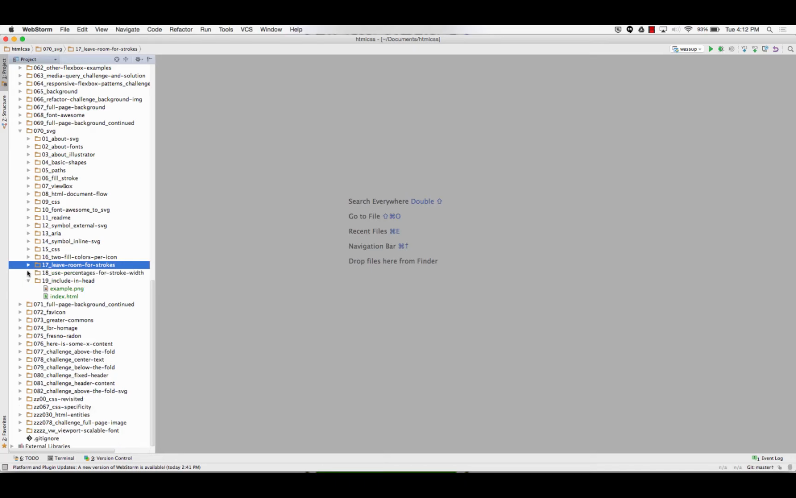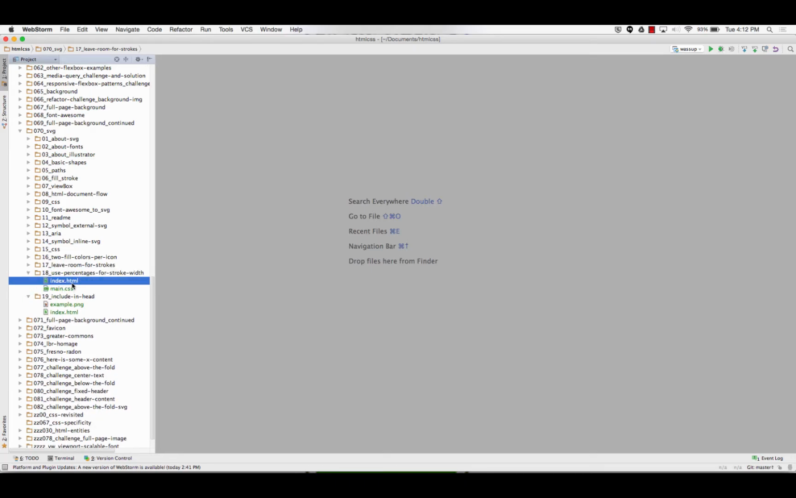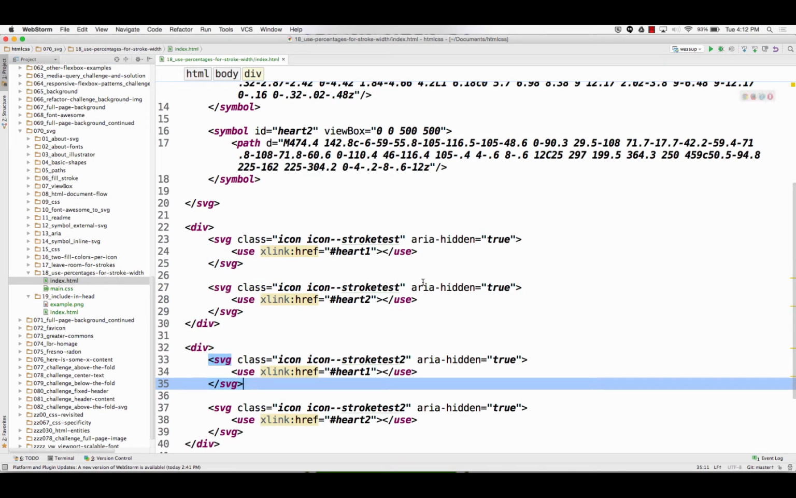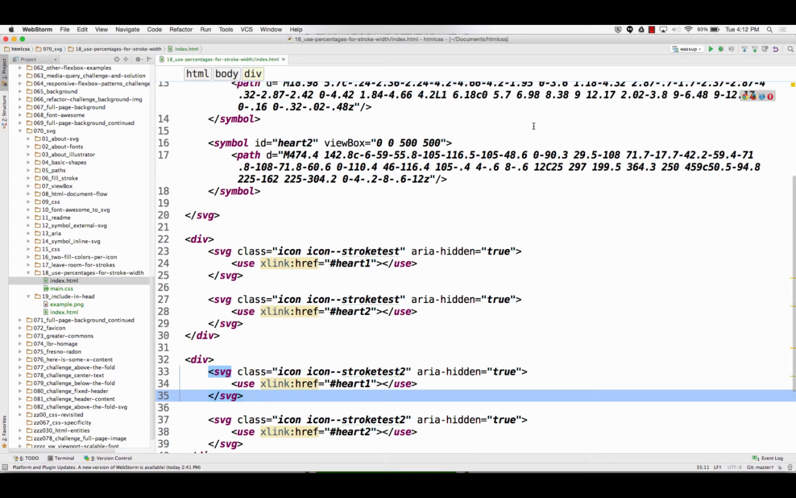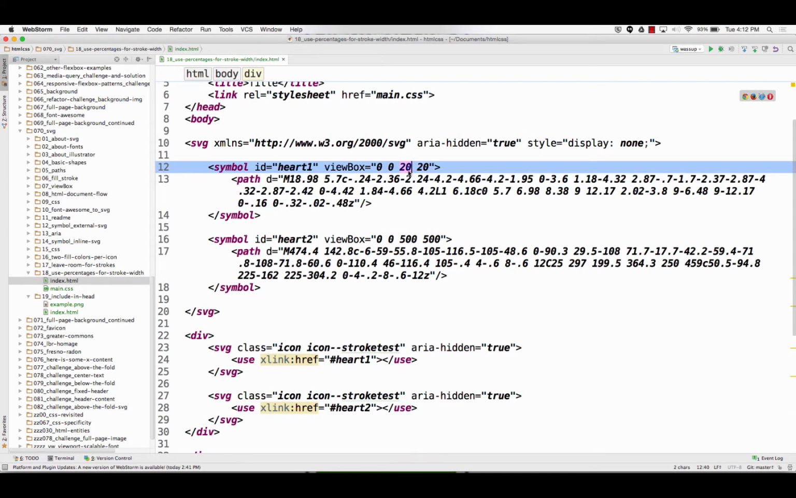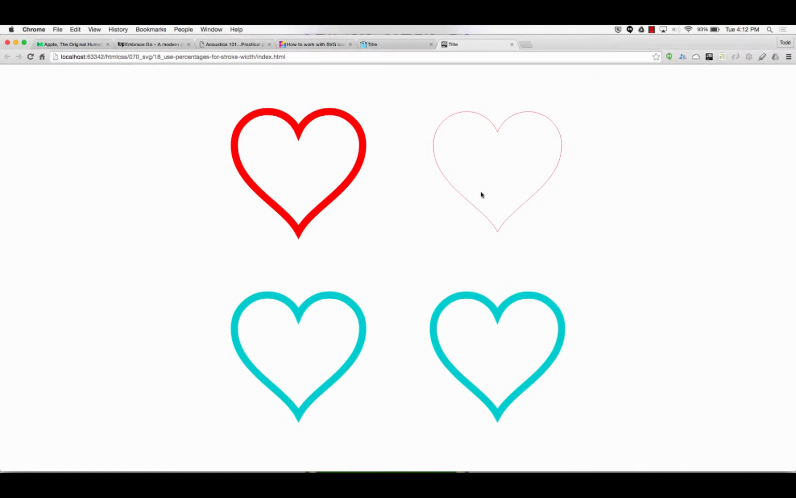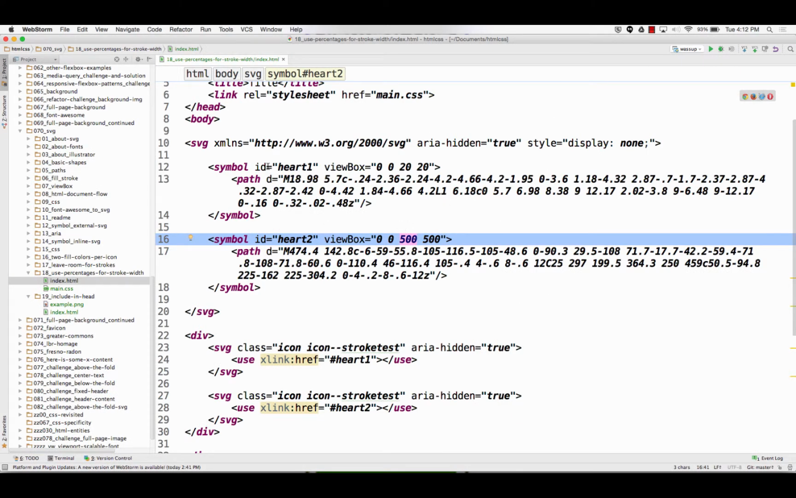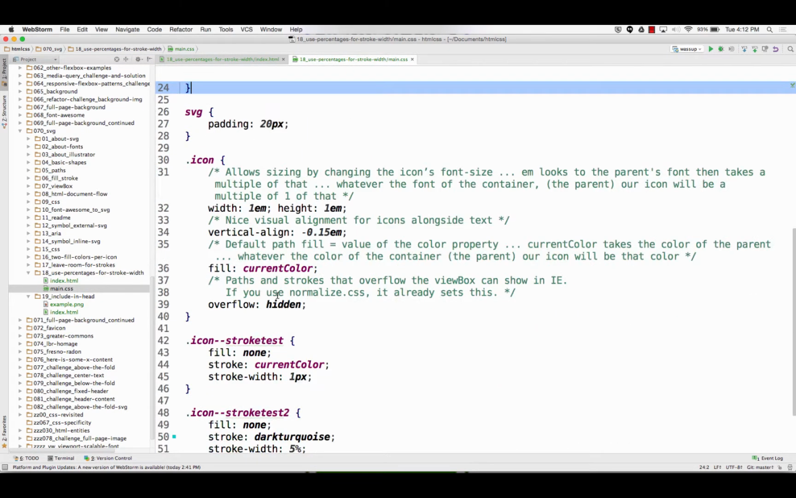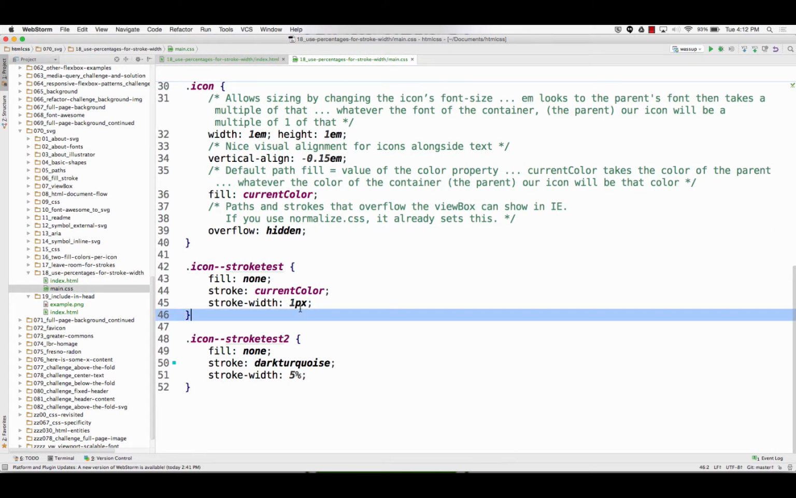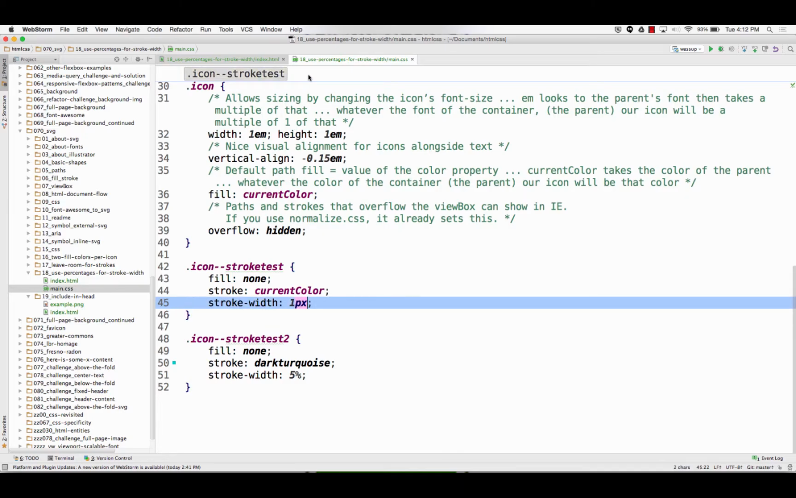Thanks. So that's leaving room for strokes, and using percentages for stroke width. So here are a couple of hearts. This one has a view box of 20 by 20. This one has a view box of 500. So for some reason, when you say that the stroke width is 1 pixel,